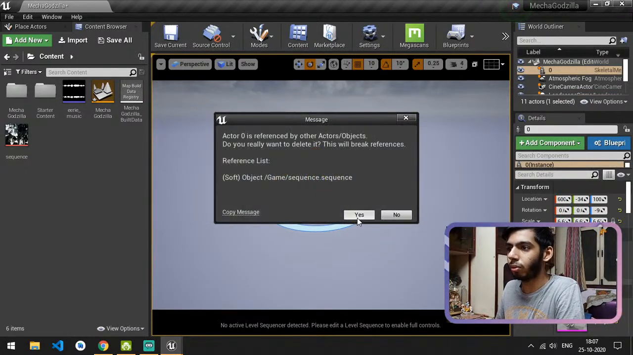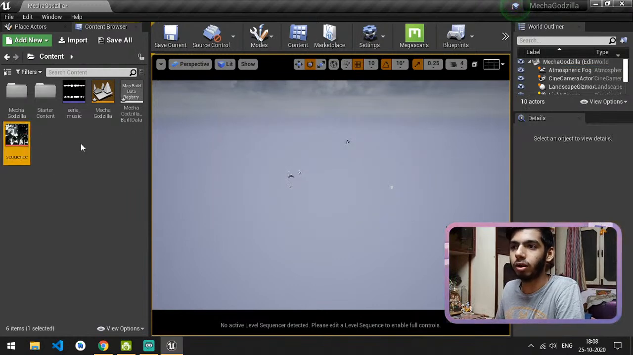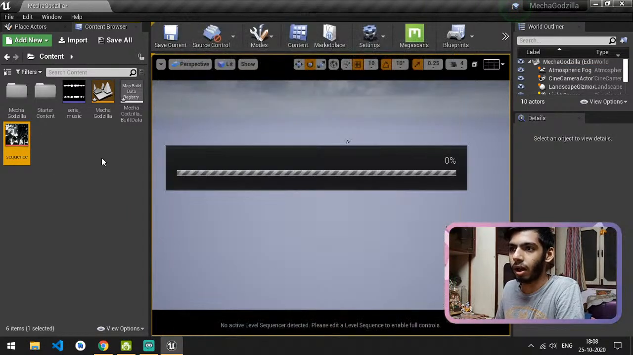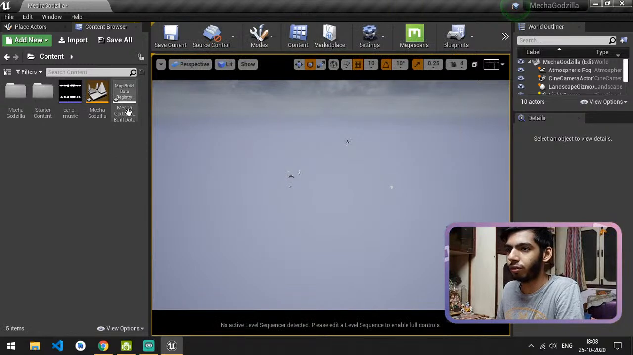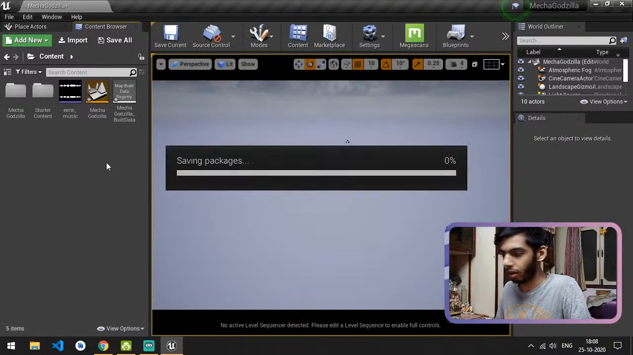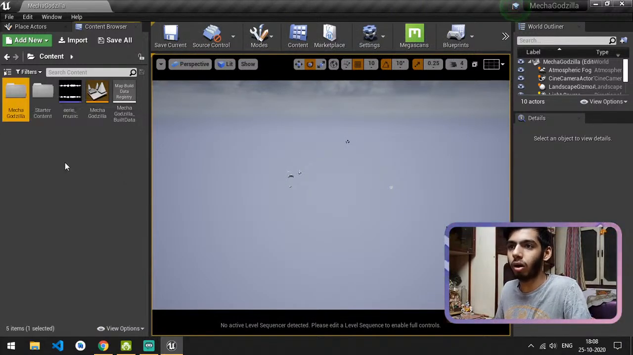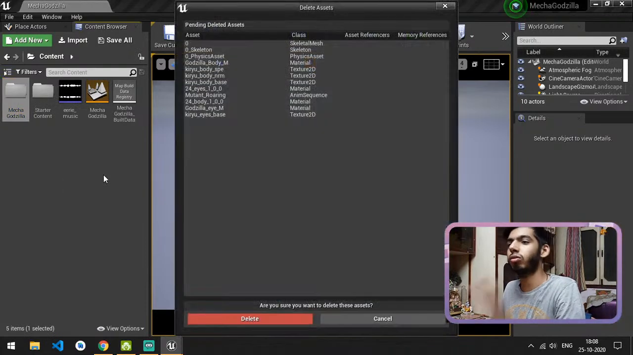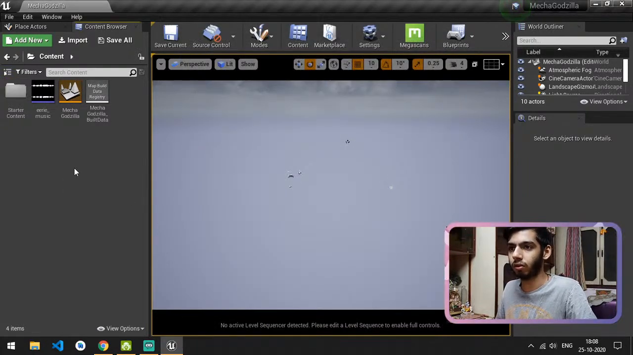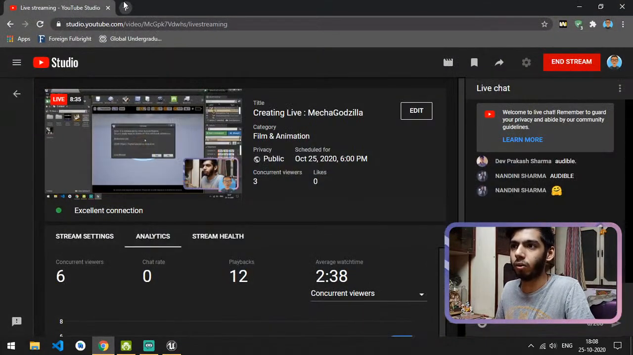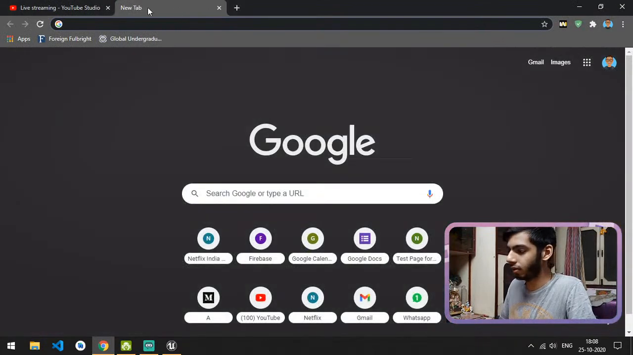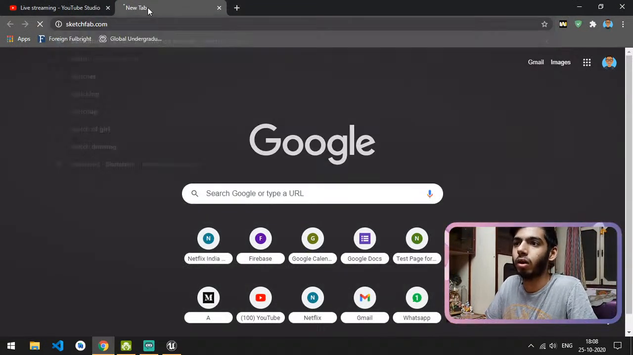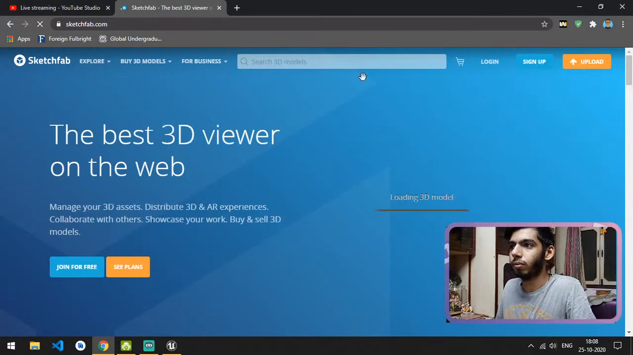I am going to remove all of it. I'll delete the sequence and a lot of different stuff, and we are going to recreate the whole thing again, and I also mean the animation, because I really want this to stand out. Okay, so let's just go to sketchfab.com and let me show you what model I chose,